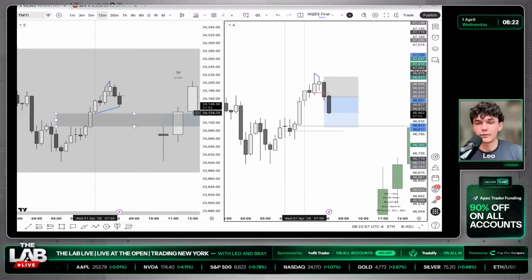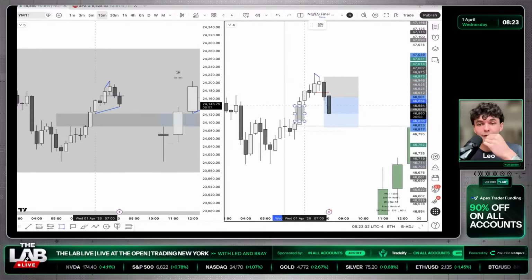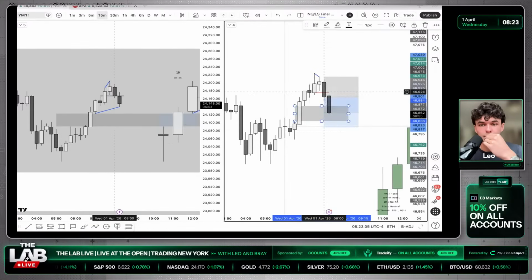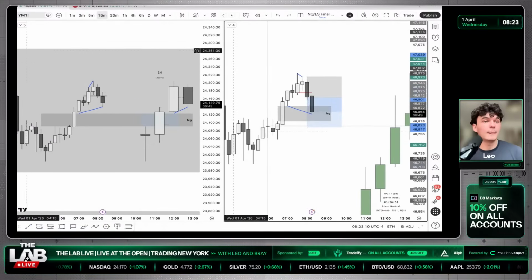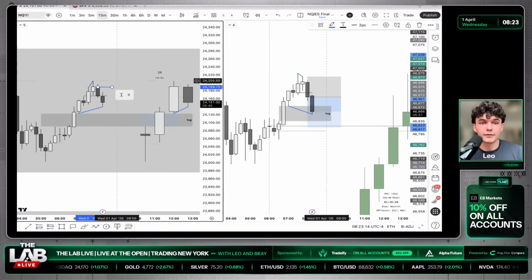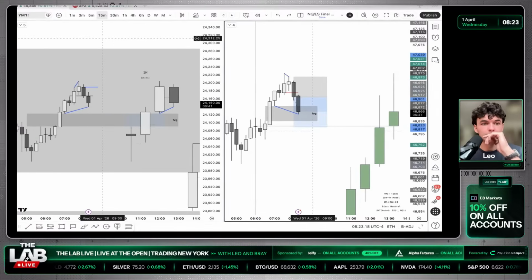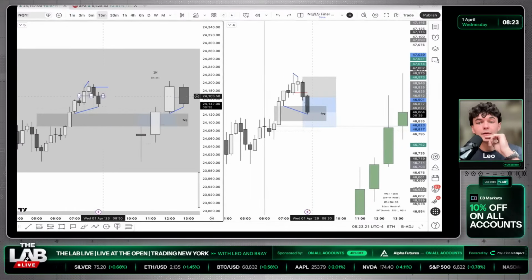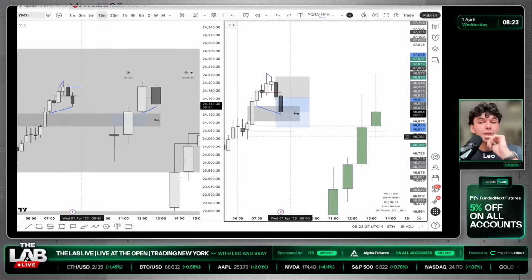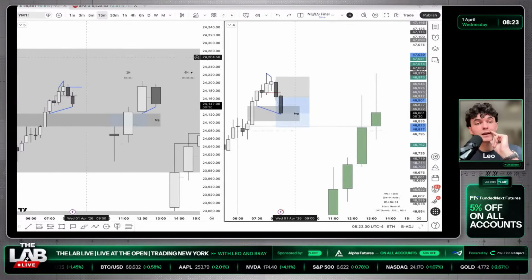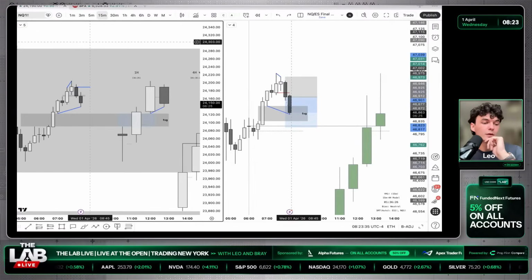So right now, as of currently, we're forming this SMT between NQ, which is what I was mentioning here. If we form an SMT within gap fill, this could really invalidate these potential shorts. So that's the one thing I want to watch for since this is now an active SMT. If this fails to play, I might go long off of this, to be frank. Keep these SMTs in. If we fail this short signature down, or if we inverse this fair value, I'm gonna scratch this trade. If we respect this fair value and continue higher, I'll probably go long on Nasdaq here. SMT, smart money techniques or tactics, whatever you want to call it.